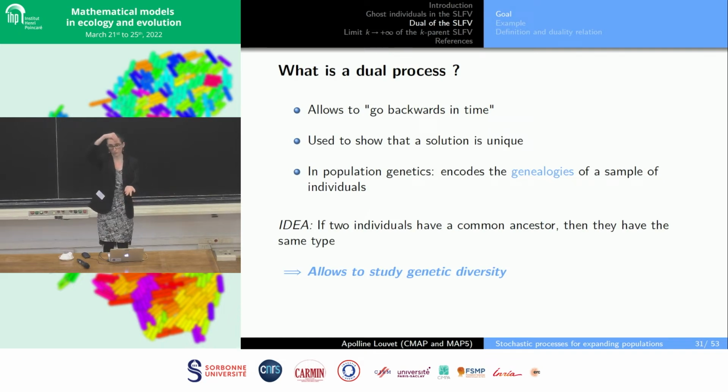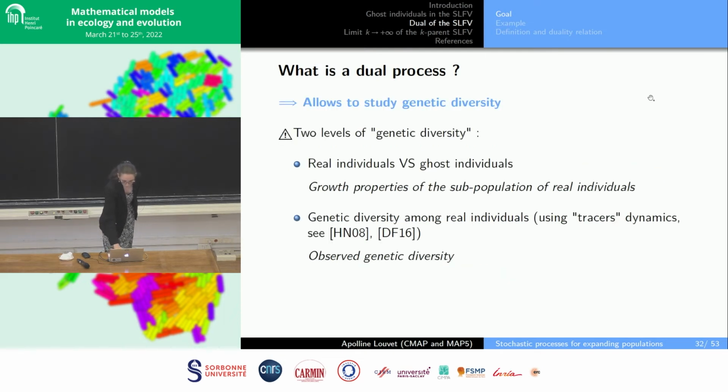Indeed, if two individuals have a common ancestor, if there are no mutations, they have the same type, and if there are mutations, they have only occurred after this common ancestor. However, if we have ghost individuals, then it's a bit harder than usual to study genetic diversity, because we actually have two levels of genetic diversity. One level, which is real individuals versus ghost individuals, is, from a mathematical viewpoint, studied just as genetic diversity,